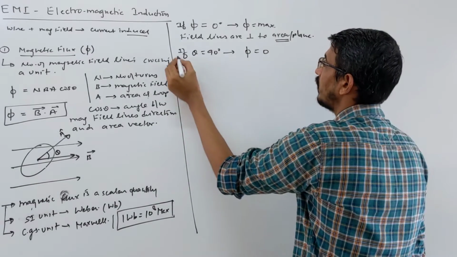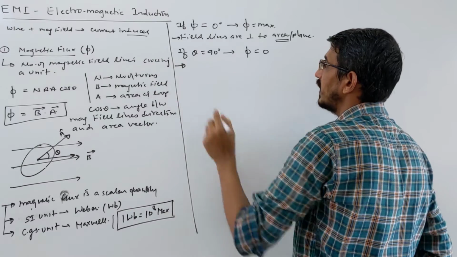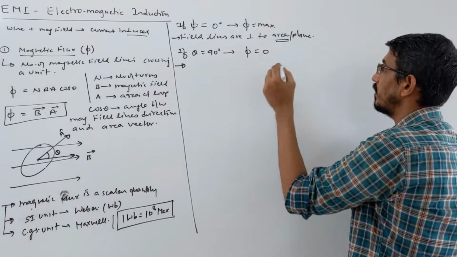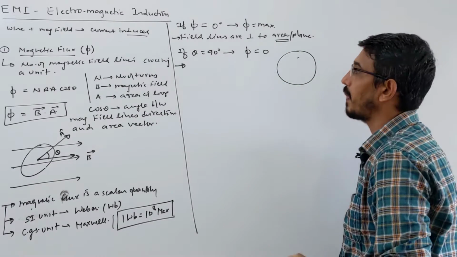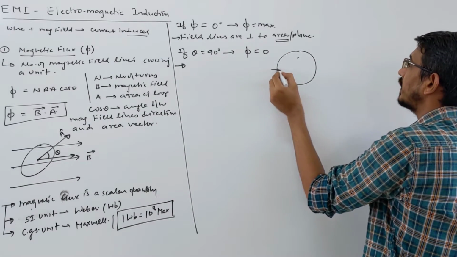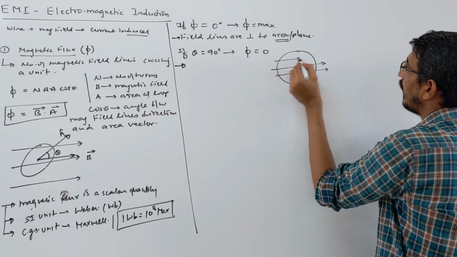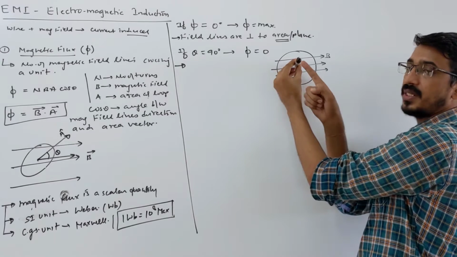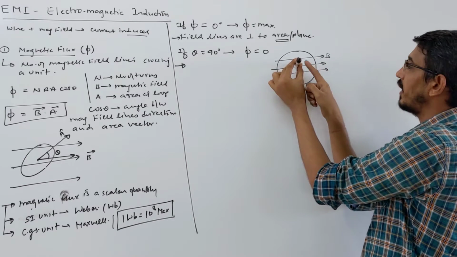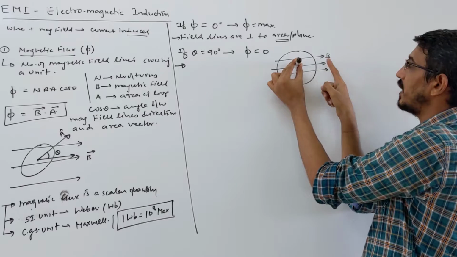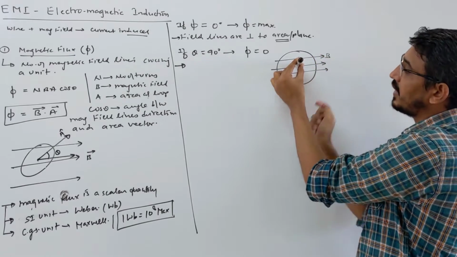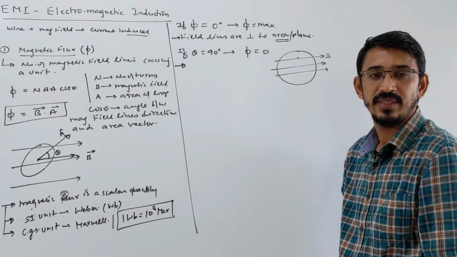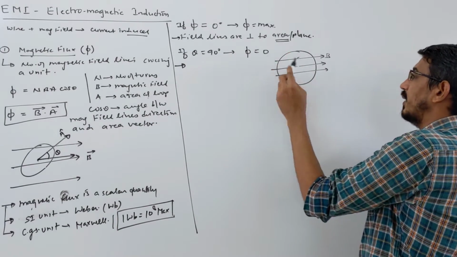What's the meaning of this? How have you placed them? Theta is the angle between magnetic field and area vector. Suppose this is your plane and field lines are like this, parallel to this area itself. And this is your area vector, outward here, while field lines are on the board only. So the angle between the area vector and your field line is 90 degree, right? So in this case, what happens? You have no flux, meaning these lines are not crossing this area. So 0 in this case.